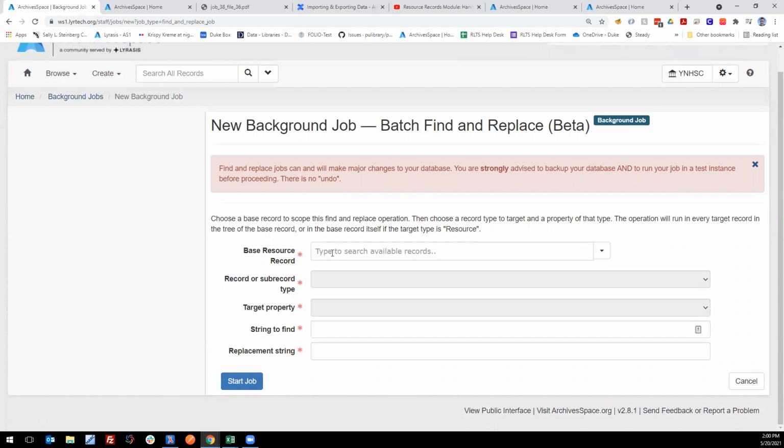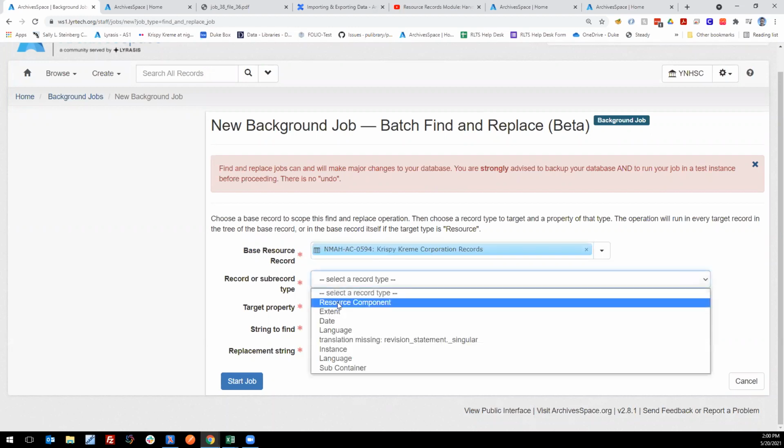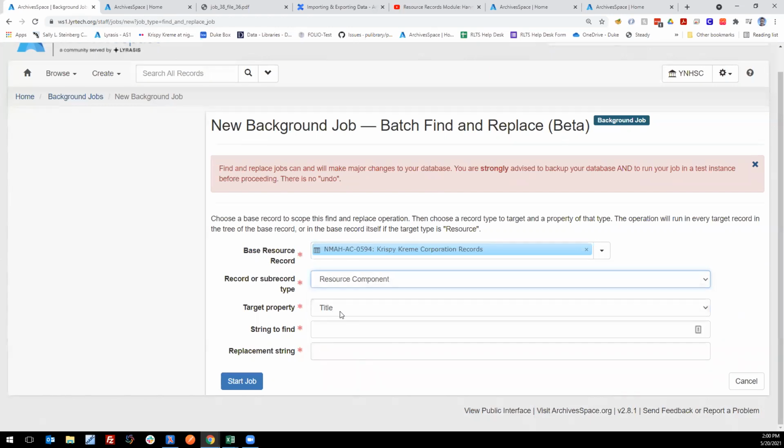But I have found this to be useful in very select situations where I want to, for example, change a misspelling of a name that might appear in a title field across a bunch of components in a particular collection. So what this feature lets you do is find the base record that you want to edit. So if I know all these edits I want to make are in the Krispy Kreme record, and I really want to edit resource components, and I want to edit something in the title field,